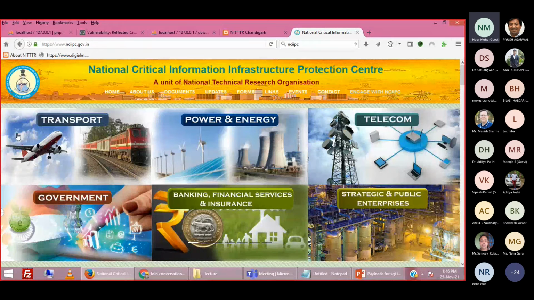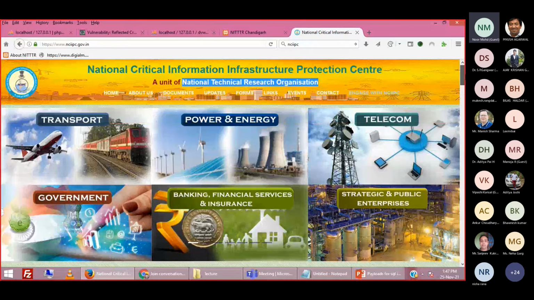It is a very high-level company, established to take care of all the critical information infrastructure. The company name is National Critical Information Infrastructure Protection Centre, NCIIPC, and it is taking care of all the national critical infrastructure.